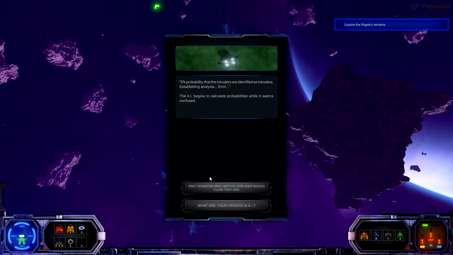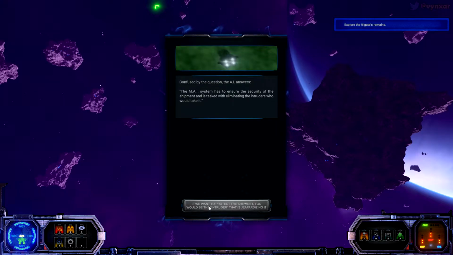Let's see. What are your orders, My? Confused by the question, the AI answered: The My system has to ensure the security of the shipment and is tasked with eliminating the intruder who would take it. If you want to protect the shipment, you would be the intruder that is...